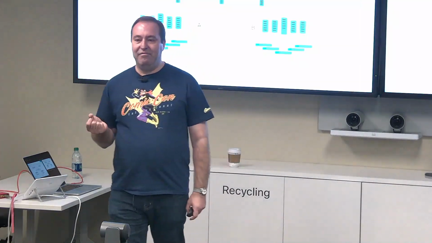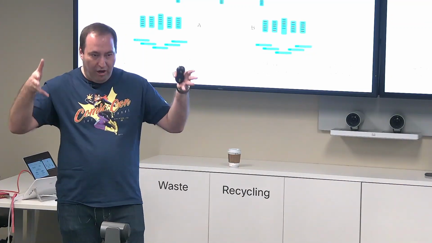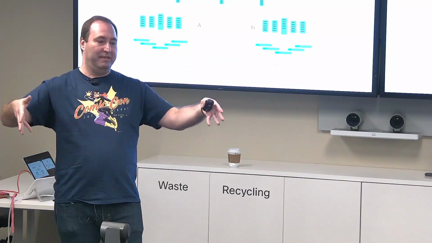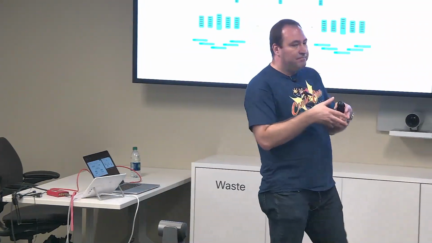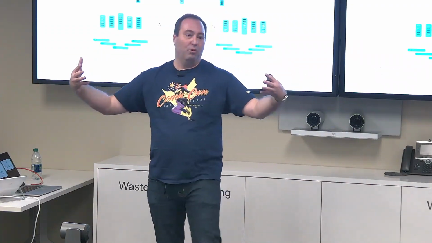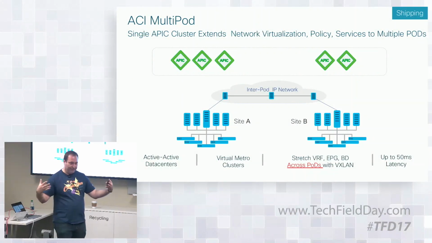When we built an ACI fabric, the first implementation of it was an on-site single data center implementation. But we had certain customers that said, I have a lot of fiber, and I'm going to interconnect a spine leaf architecture between two locations. And then some of them said, well, I don't have that much fiber. How do I interconnect multiple locations in a metro area and make them seem as a single data center?